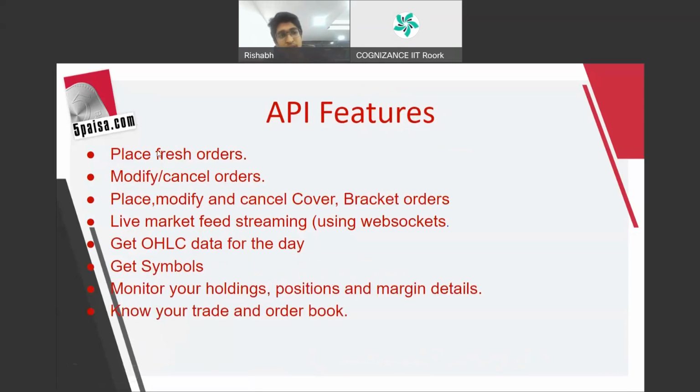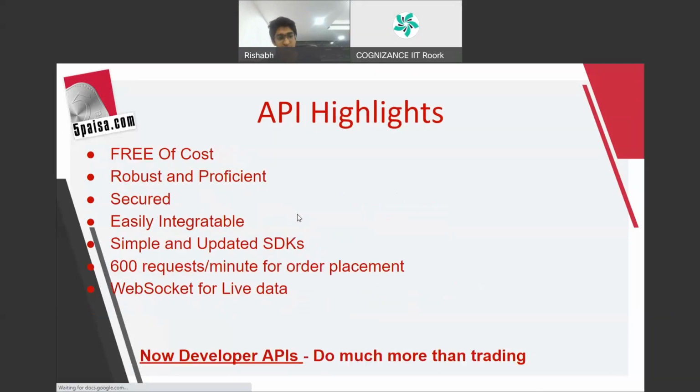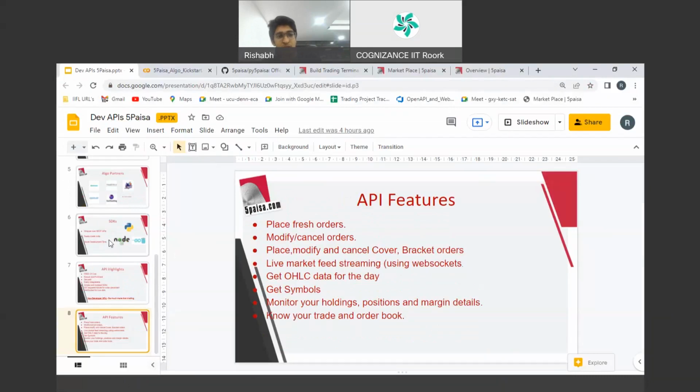Then a few more features: you can place orders and modify them. This is the main thing, right? When you want to automate a setup, you might have some triggers when you want to take a trade, and you can hit the place order API, use our SDK, and place your order to the exchange. Again, it's the same logic as I explained in the previous slide. You can get your symbols, then OHLC data, and a chart also you can create from the APIs. Then monitor your holdings, positions and margin. Everything you can do from the APIs. So that is the feature set. Now, I think a lot of content has gone through, and let's see some execution now.